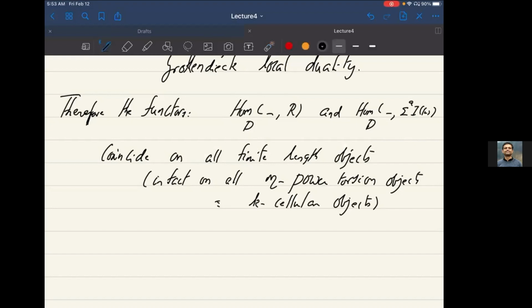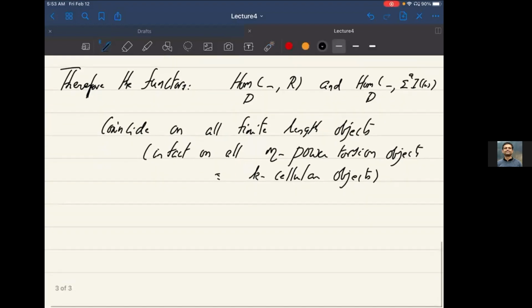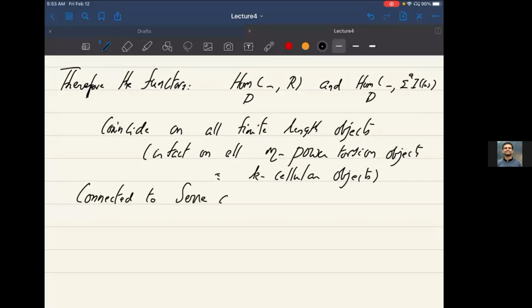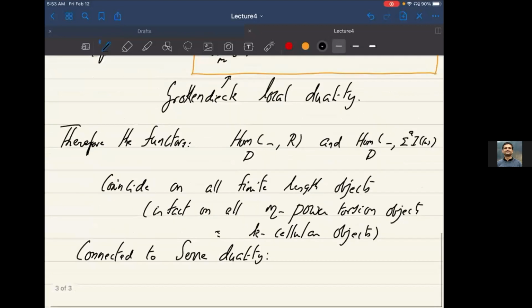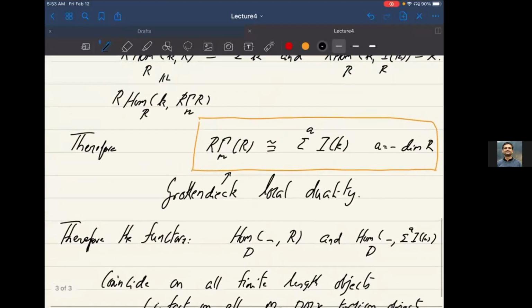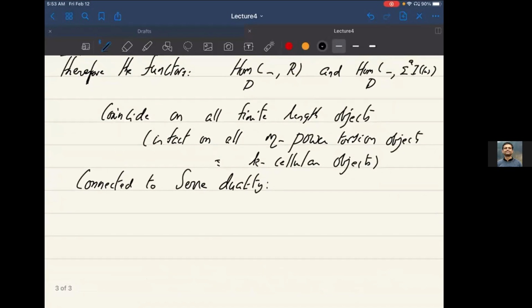But before I go there, let me point out that this is connected to Serre duality. So one can go from here to connect also to the Serre duality that Suresh talked about. And to see the connection, let me rephrase. Using this isomorphism, one can prove the following. Grothendieck's duality implies local duality, let me just call it local duality,